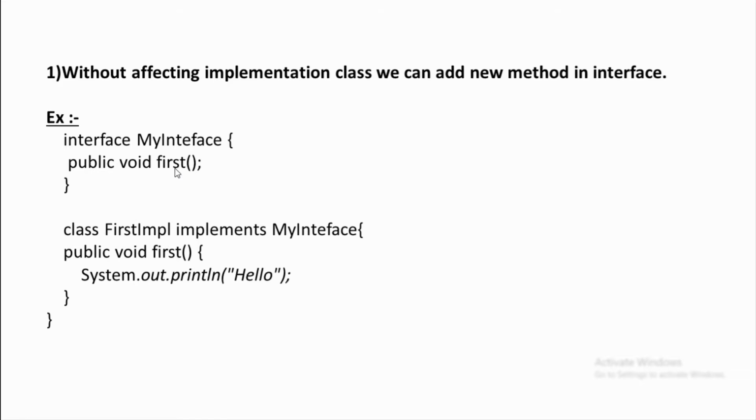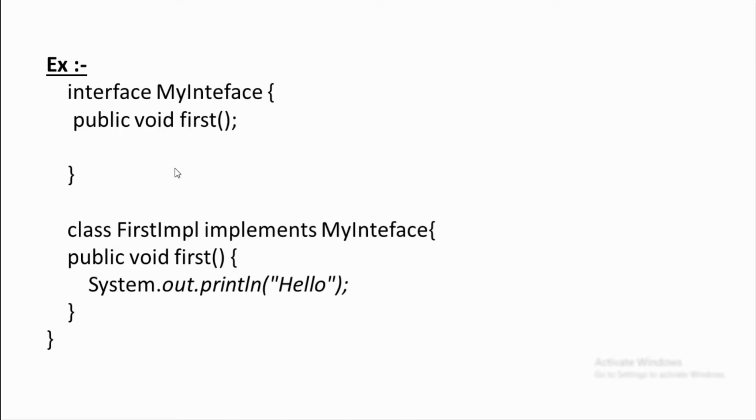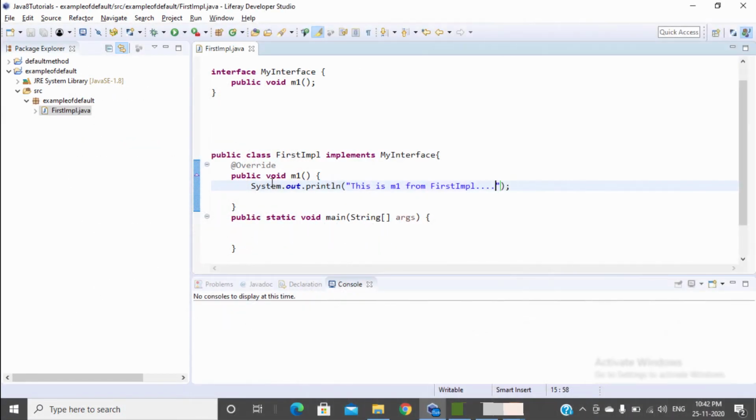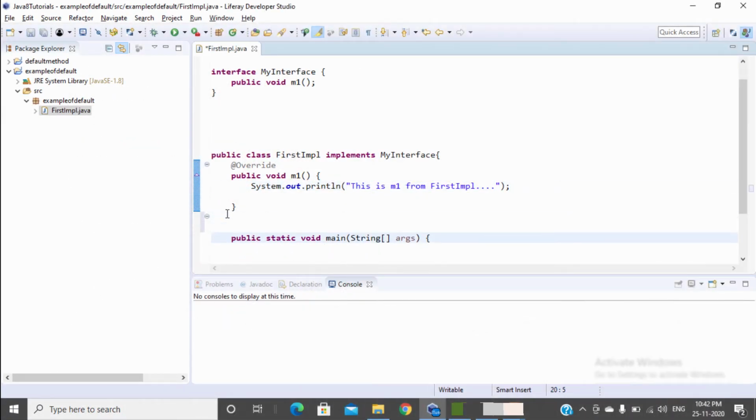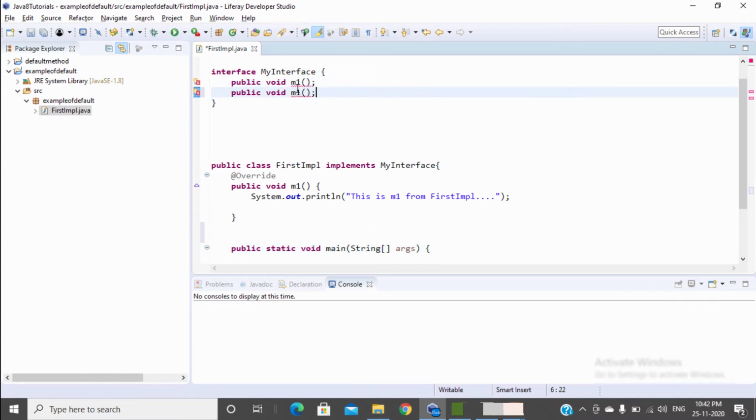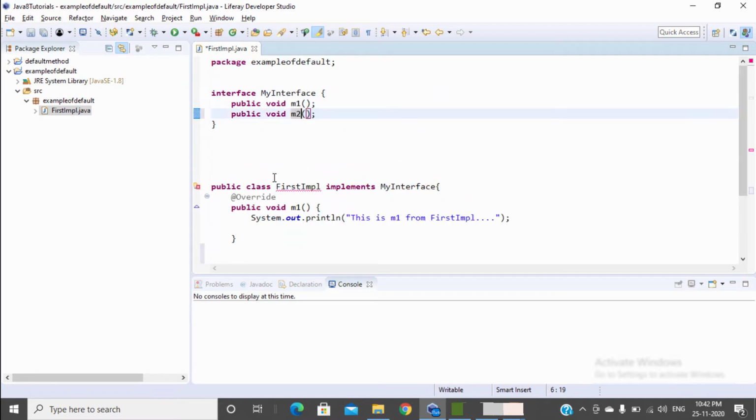The solution for this is default method. Like this is the scenario, and we can add default method in this and nothing breaks and everything works fine. So let's create this scenario on our Eclipse. Now everything works fine. Let's suppose later someone comes and needs to write one more method like M2. As soon as I write M2, this breaks and it will give me error. Let's consider a scenario where we have 100 classes that implement this interface. Now I need to provide the implementation of M2 in all the 100 classes. So this is a problem for me.